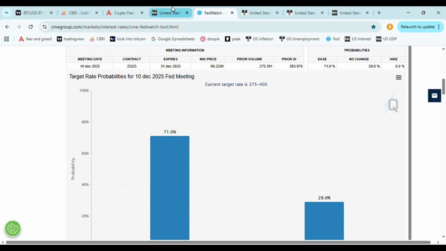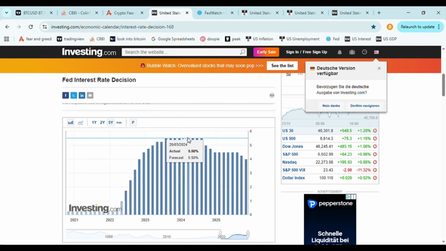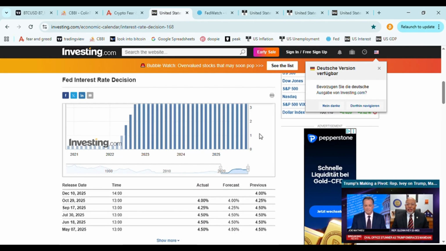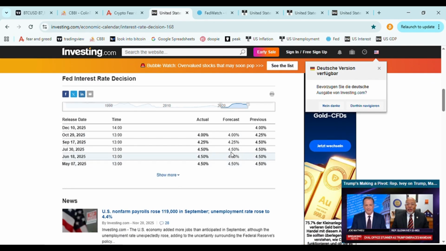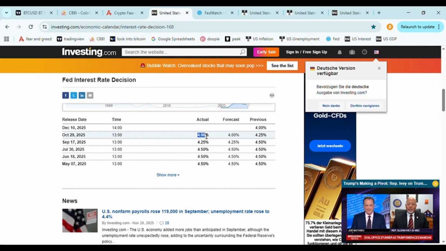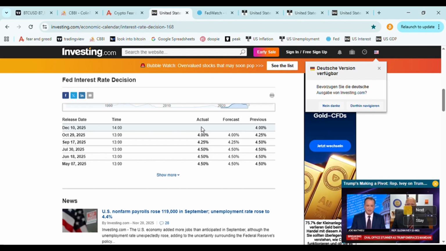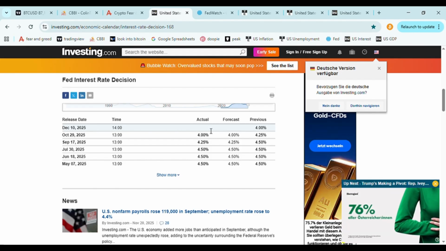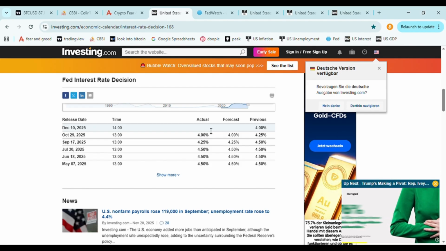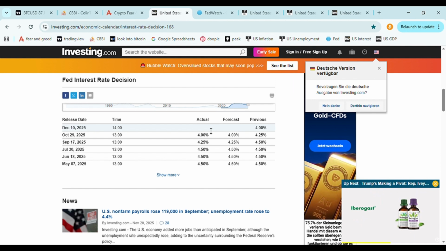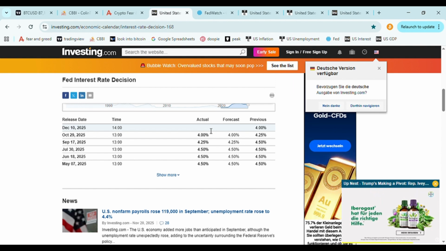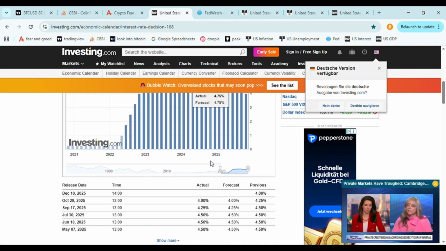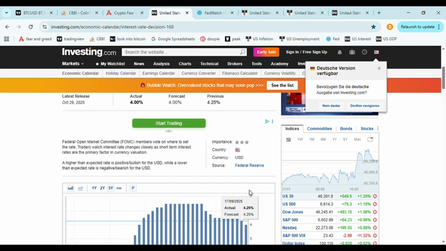So, interesting macro environment. If you look at the interest rate, we've come from very high ones, around 5.5%. Then in 2025, it's been very steady. In the last couple of months, the Fed has been lowering rates. Right now we're at 4%, and there is a 70% chance we'll get another rate cut in December. So, very interesting what's going to happen with that. Is it going to boost inflation even more? Or is it going to be positive and make unemployment go down, and that way boost the economy, that would be good for investing. But that's enough for the macro environment right now.